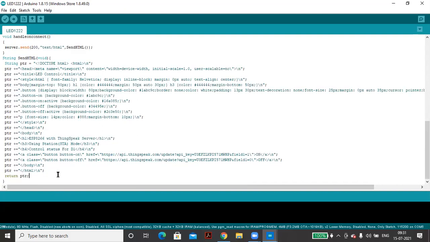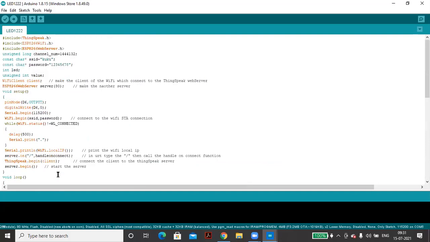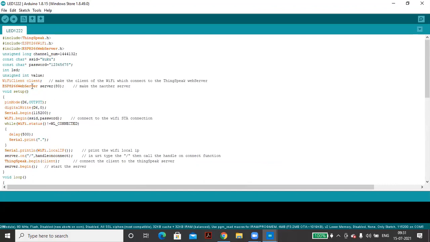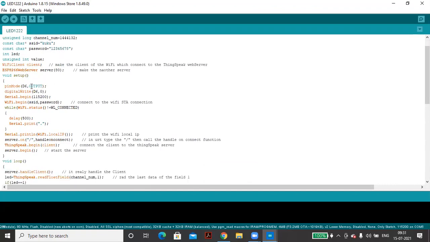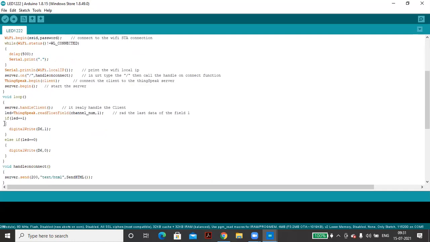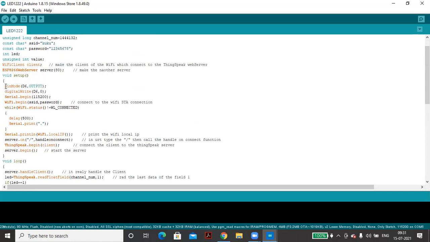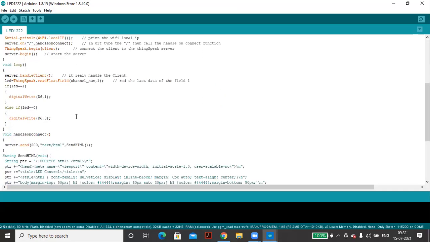Suppose you want to build anything that can have an analog sensor. Then you just have to define it, the other things remain the same. For the interface of the sensor with the Arduino, you have to change from these lines, because we are using a digital pin, so we are defining it like this. If you are using something else, then you have to write like this. Here at the start, you will have to define it in analog form; the other things will remain the same.